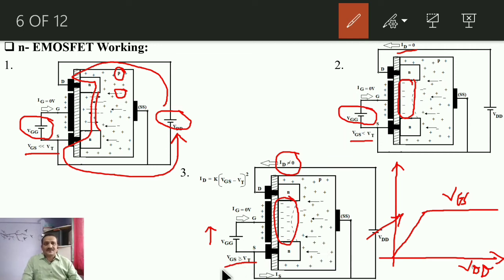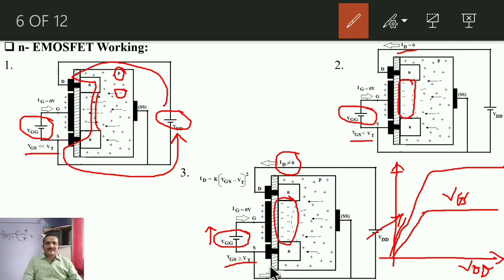Now, as per our previous discussion, if I increase VGG largely and again keep it constant, what will happen? If I change VDD again from 0 onward, again there will be an increase in current from 0 onward, and later on again it will remain constant. Now remember, there is a maximum rating of VGS given in the data sheet. Beyond that, even if you increase VGG, the maximum current will not increase.